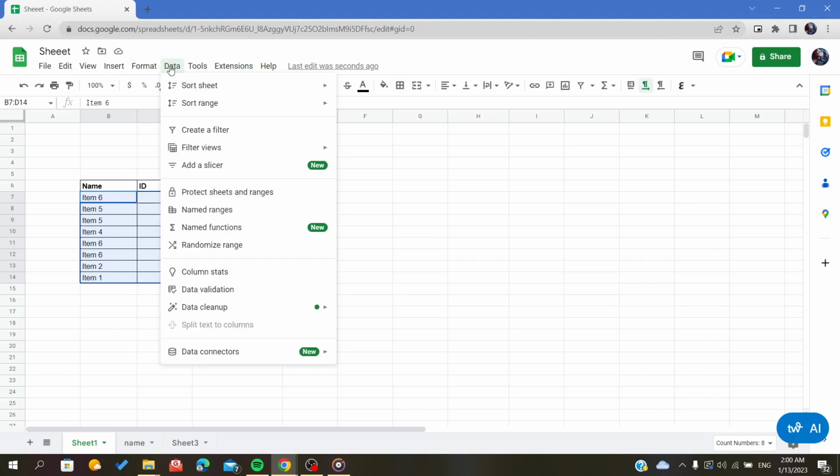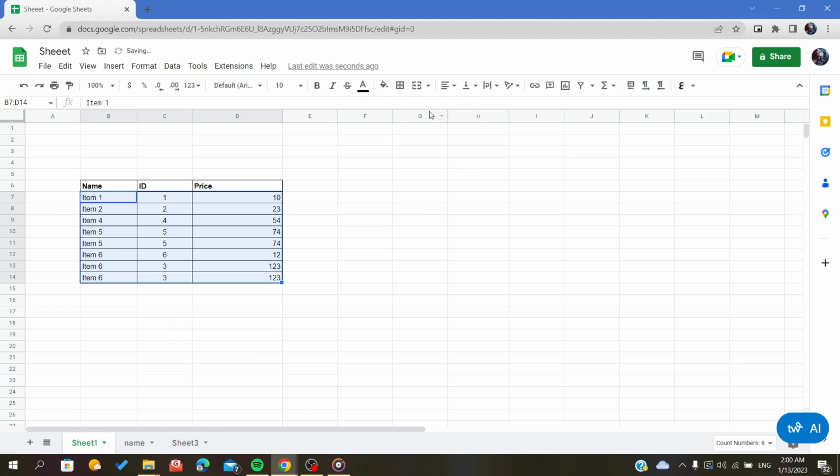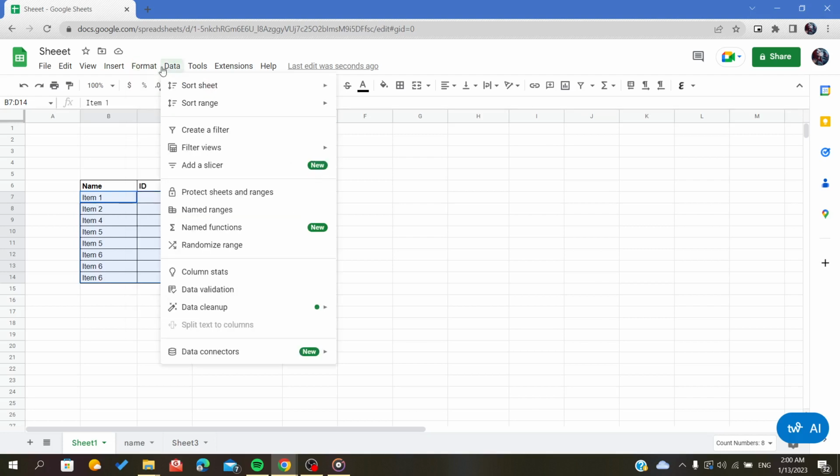After we click on Data, we will go to Sort range, and as you can see, we can arrange it alphabetically from A to Z, that means in ascending order, or from Z to A in descending order. So let's have it like that. As you can see, this is the first item to the sixth item, and if I do it descendingly, it